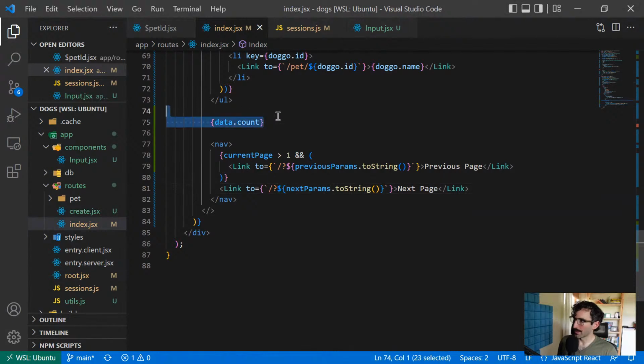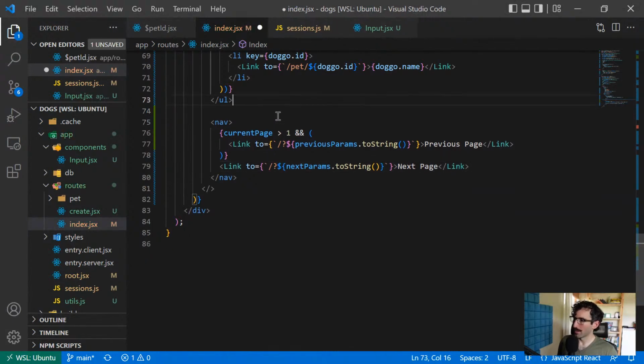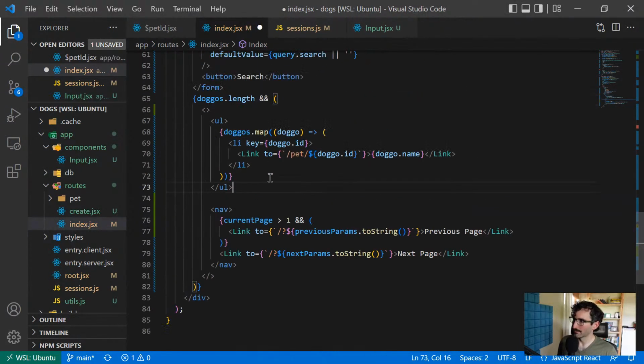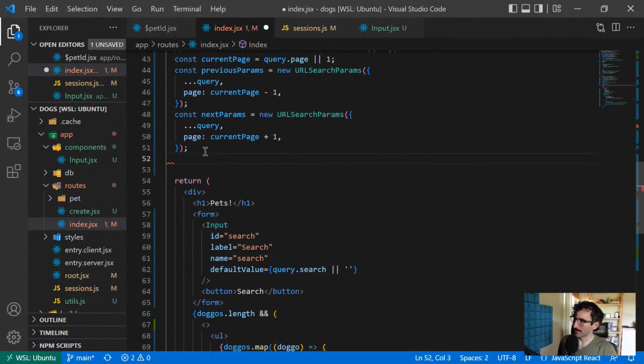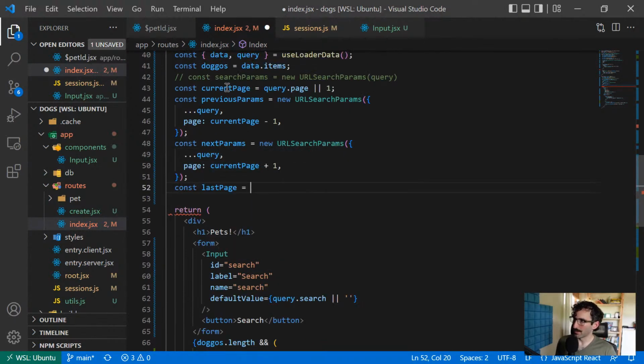And we can say, do a little bit of math. Current page, let's go const last page is going to equal, what is it? The current page times the items per page. Oh man, this is